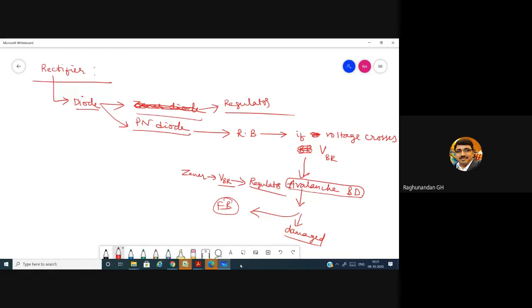in regulator applications. Now my intention was, because next we are going to study how to protect the diode, once it reaches near this VBR, suddenly the diode gets destroyed. It starts burning. So protection here means we give some withstanding capacity to the diode by altering the structure or the construction of the diode.